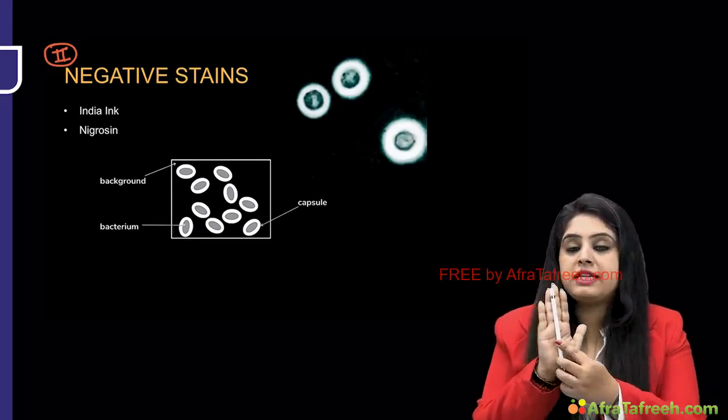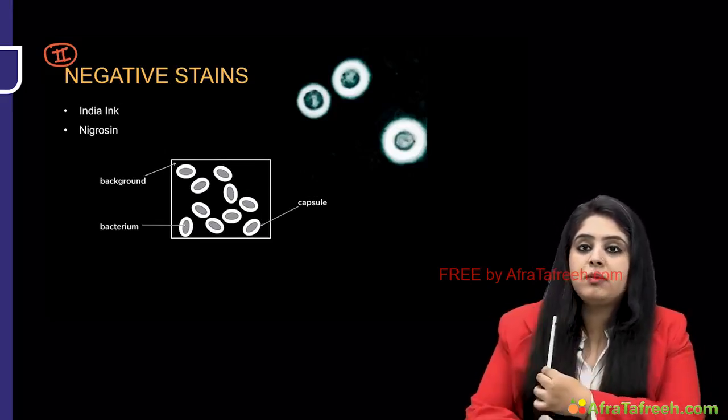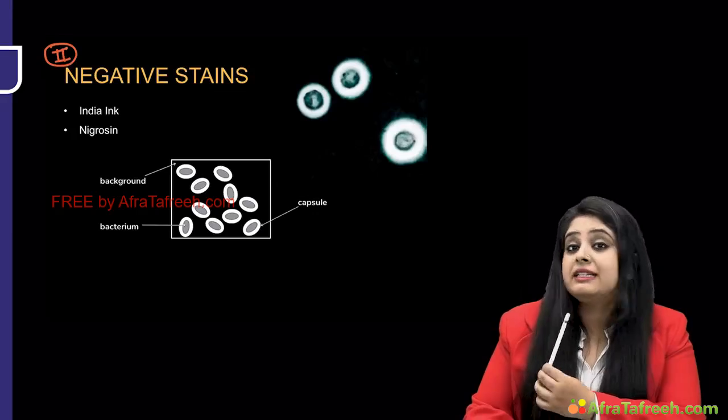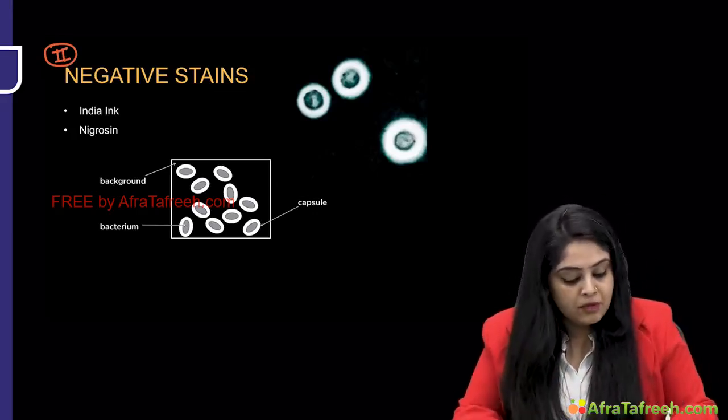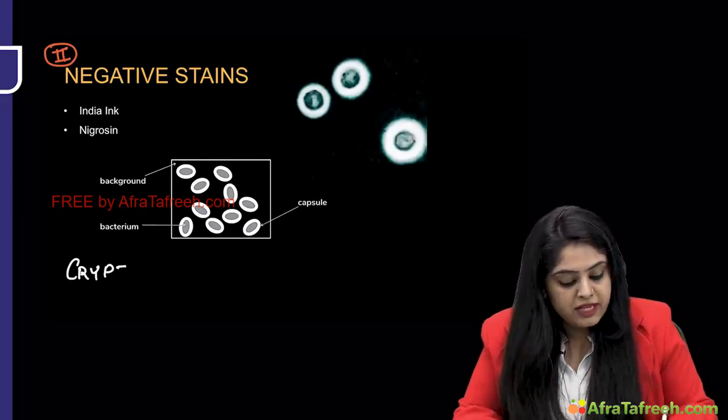It will shine out as white, right? So for example, if this is all black, it is going to shine out as white. That is what is negative staining. So this I'm going to tell you as an example of Cryptococcus, a very famous example, and I'll directly write out